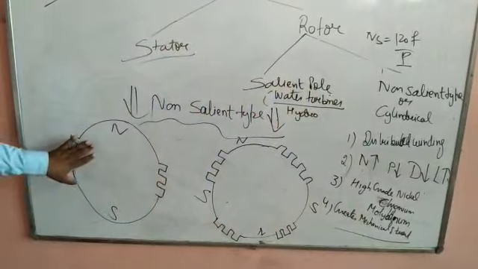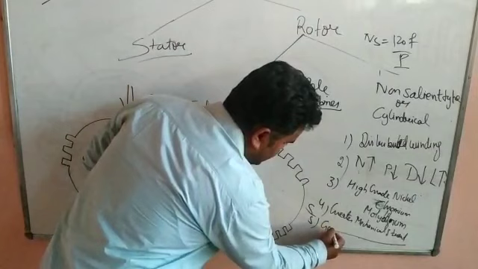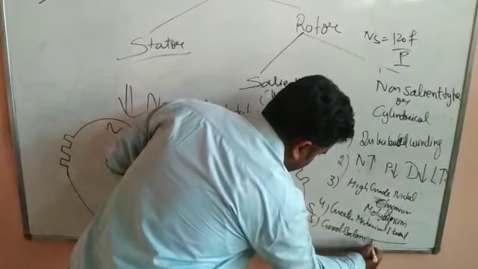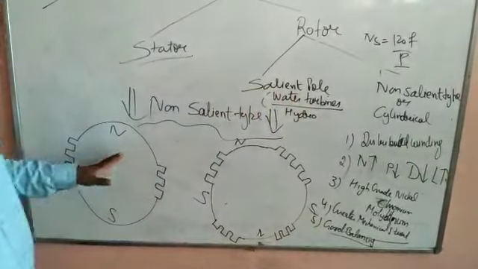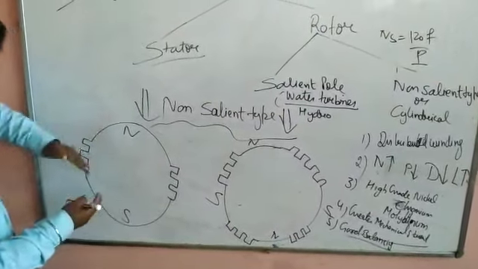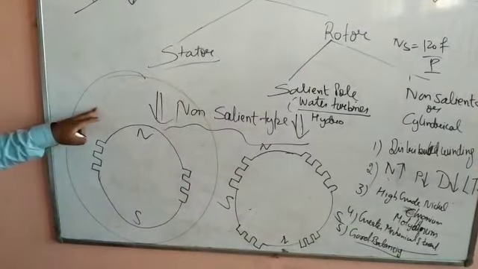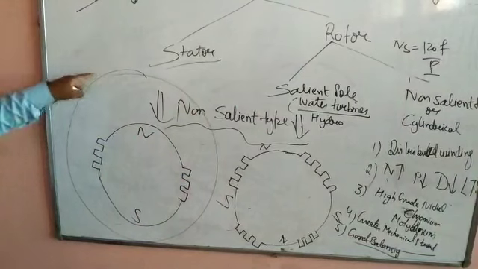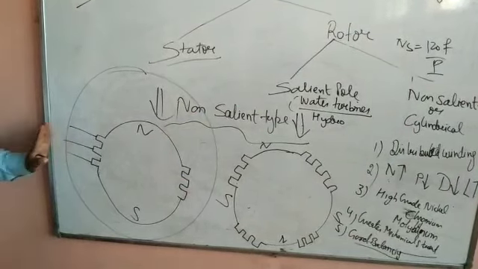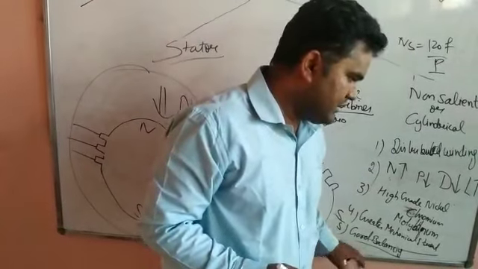Now the balancing in this case is good. Why is the balancing good? That is because of the air gap. Now the air gap is equal. Let us suppose this is a stator outside it. Now the gap is equal from every side. Here, the air gap is same. Therefore, there is good balancing.